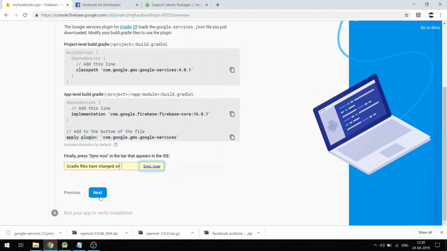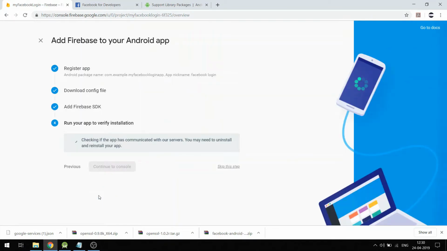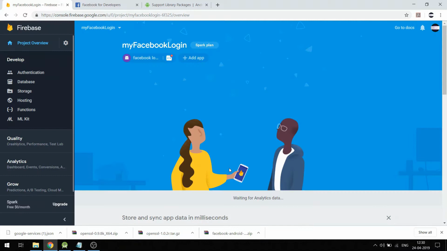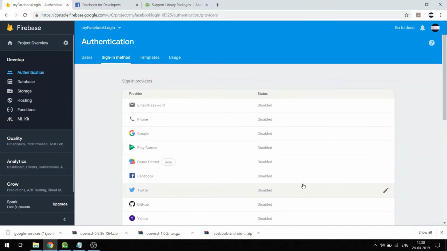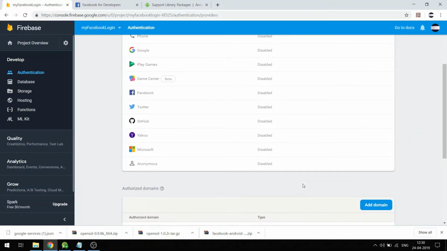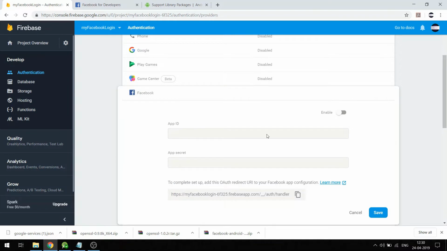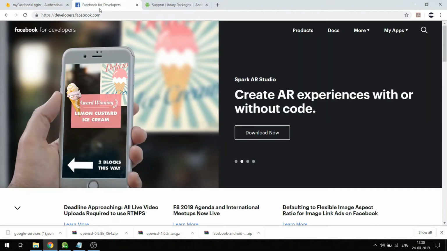And as it is syncing, we can hit next. We can skip this. And as we have skipped, so we'll go to authentication. And the authentication will go to sign in methods. We'll hit Facebook. And to enable Facebook, we need to have the app ID and app secret. So then we can get it in the